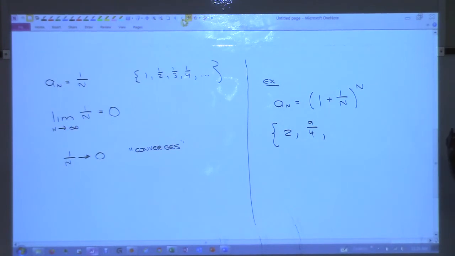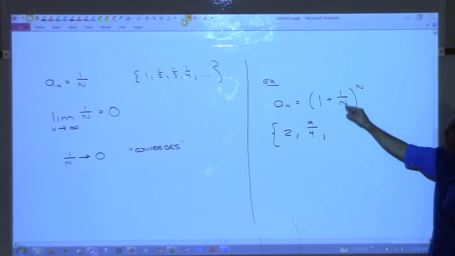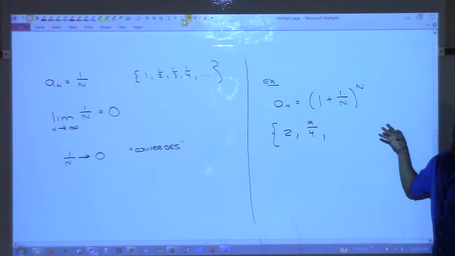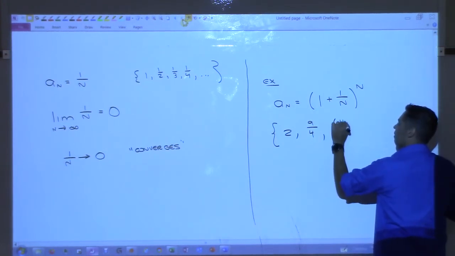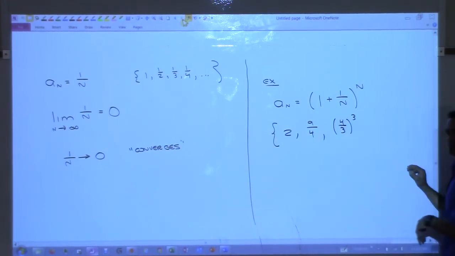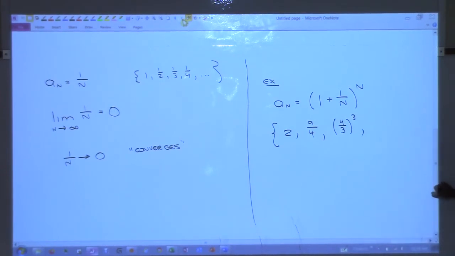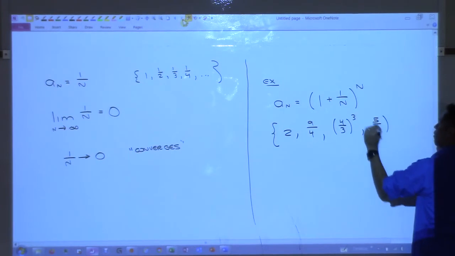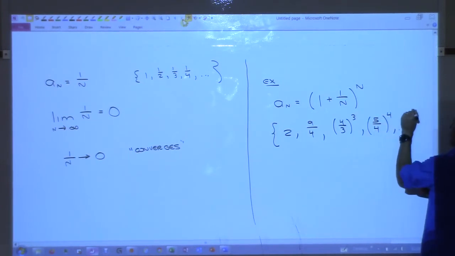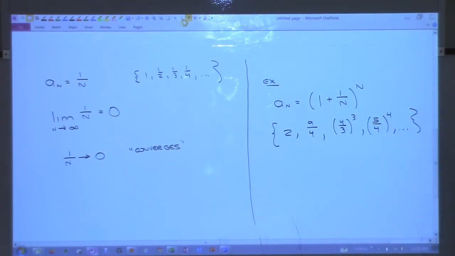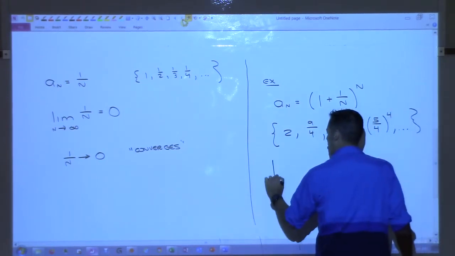How about if we plug in 3 in there? So we plug 3 in here, 1/3 plus 1, that's 4/3, and then we're raising that to the 3rd power. 64/27. That would be the next one. What would the next one be? Let's see, we're plugging in 4, so it'd be 5/4 to the 4th, and so on. That's what's going on. So what is the limit then